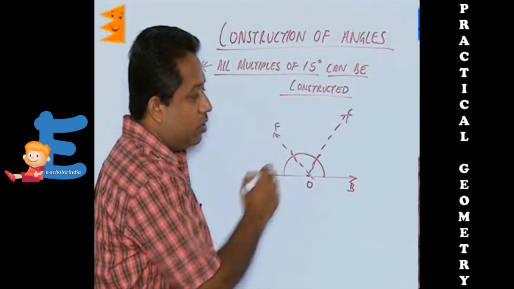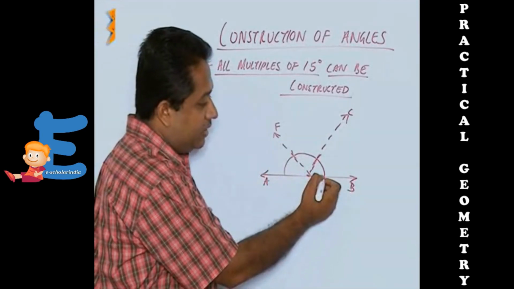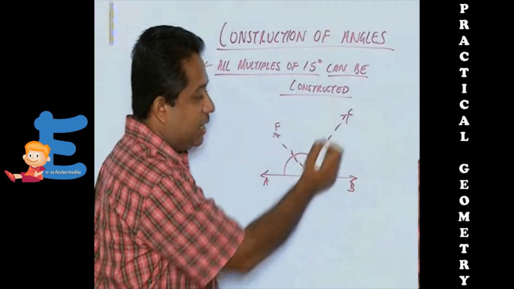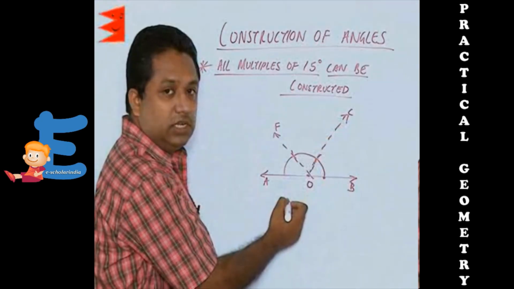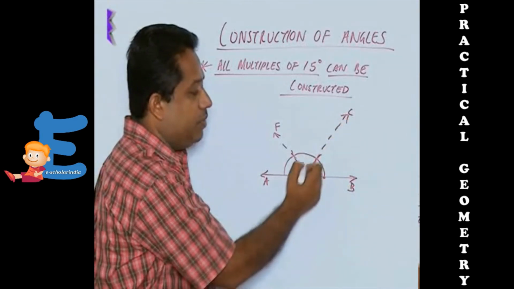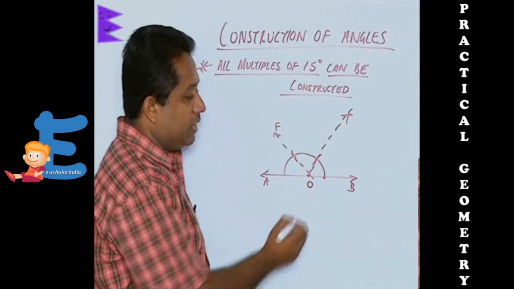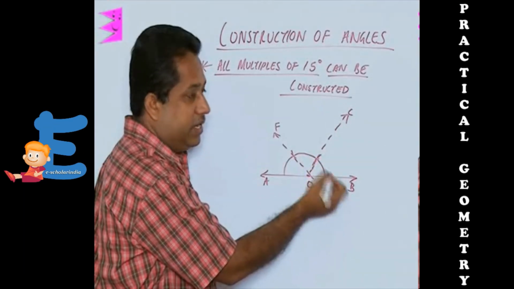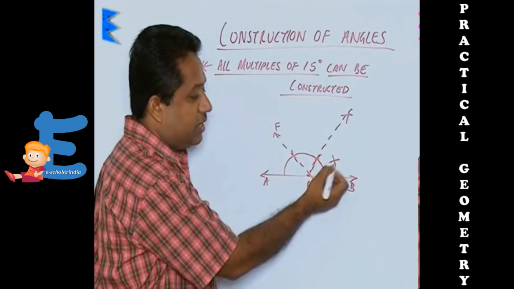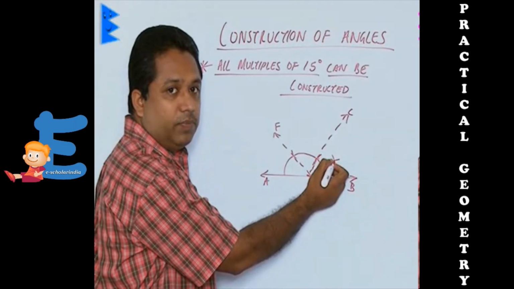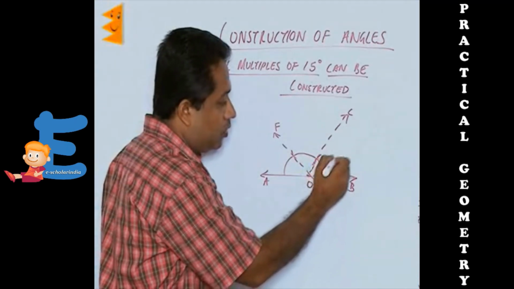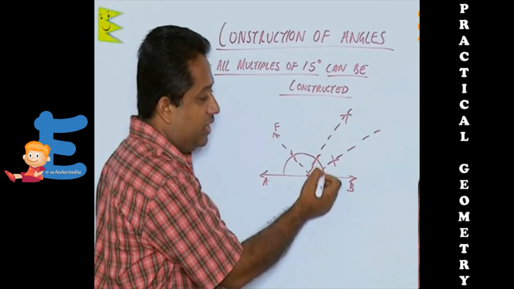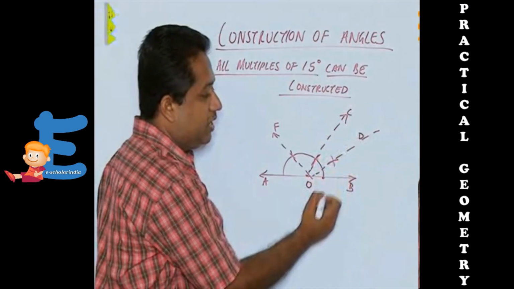Now if I want to draw 30 degrees, I select this point and this point. I will bisect this angle BOC. This BOC angle is 60 degrees. So if I bisect angle BOC, then I am going to get 30 degrees. So from this point and this point, take any radius, cut arcs from here and here, this point of intersection will be obtained, join it to O, so this angle will be 15 degrees. So we've got 15 here, let's name this point as D.